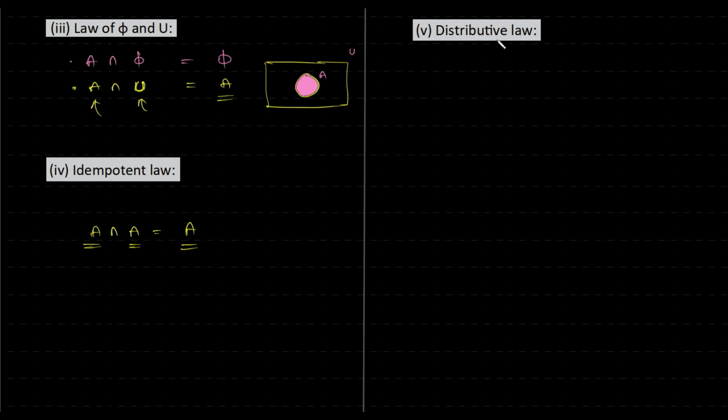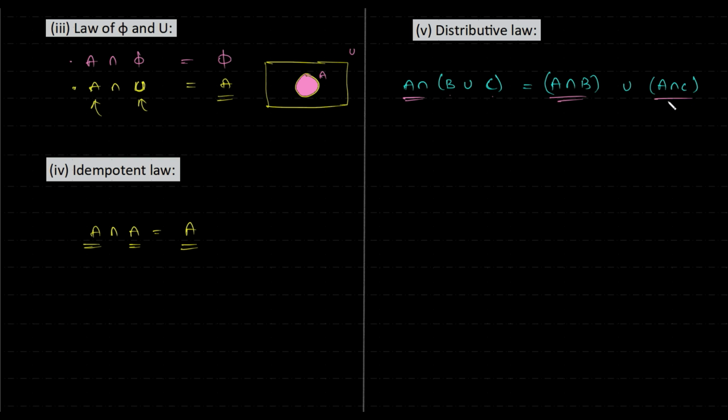Okay, next thing is the distributive law. This is the new concept that we are going to introduce over here. Of course, you've seen distributive law with addition, subtraction, multiplication, division and all of that, in our lower grades. Now we are looking at it with respect to sets. A intersecting (B union C) will be (A intersecting B) union (A intersecting C). So what is it that we are distributing? We are distributing the A intersection with both B and C,